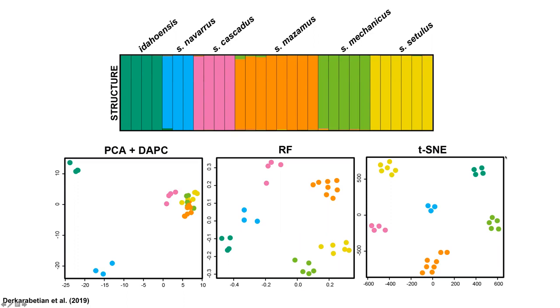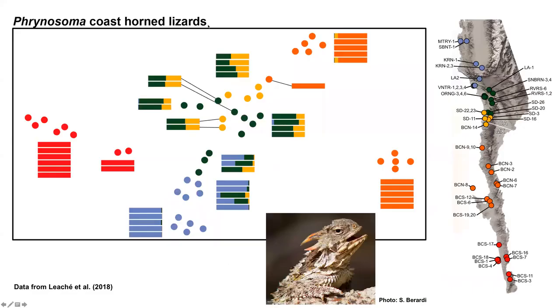So that's t-SNE. For this pretty simple data set, it looks pretty straightforward, right? We have our 6 clusters. I took this Phrynosoma data set and decided to see what t-SNE looks like with a more difficult to work with taxon. So this is the t-SNE plot. From this paper, Lachey et al., I took the data set and I took the proportional probabilities. I think these were from DAPC, if I remember correctly, and I mapped them onto the t-SNE plot.